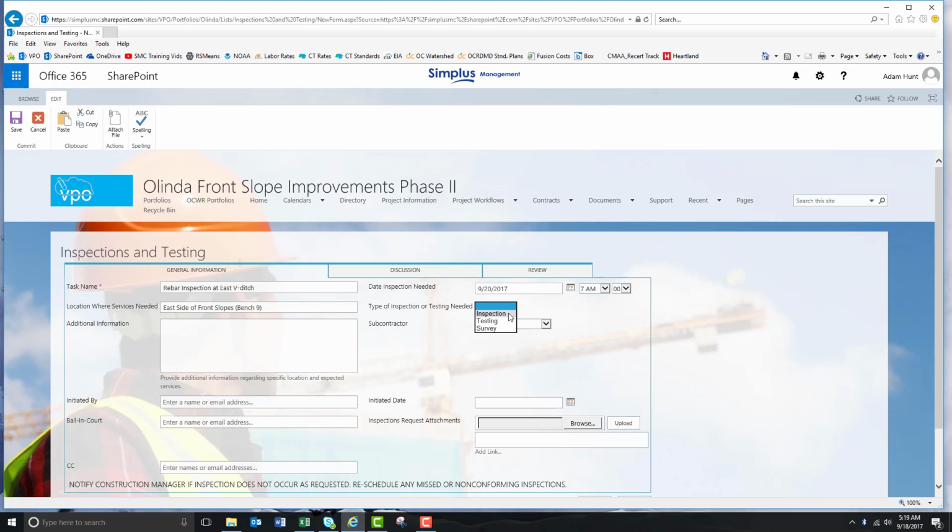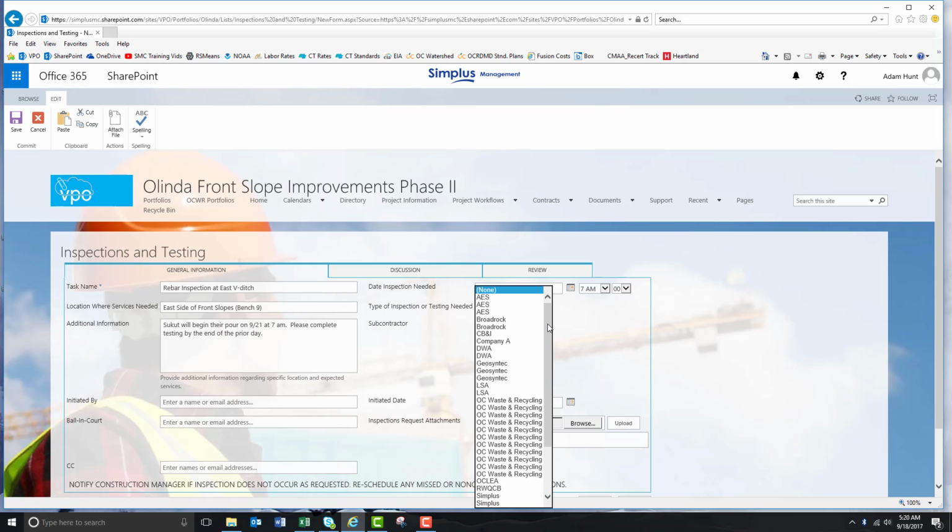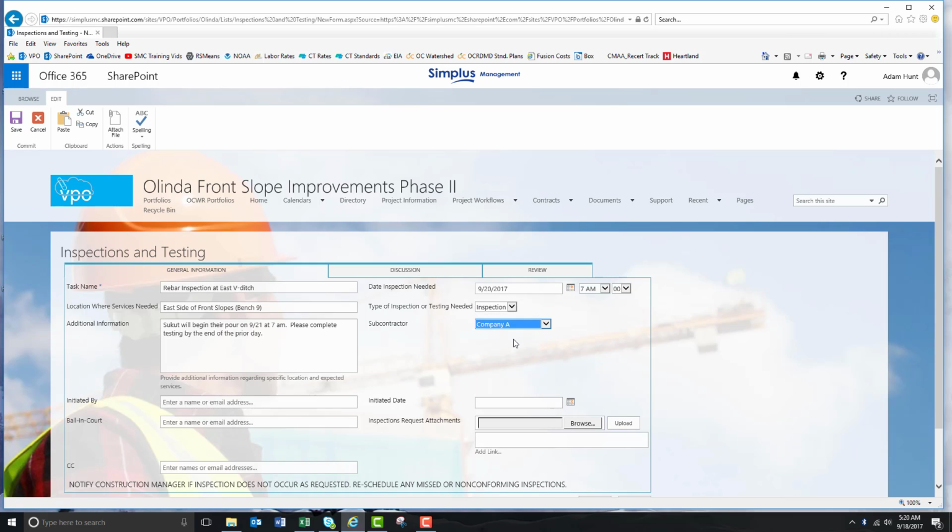the type, any additional information, the subcontractor who will be performing the work. In this case, we can just do company A. Who initiated it, the date, anybody you would like to add to the ball in court,